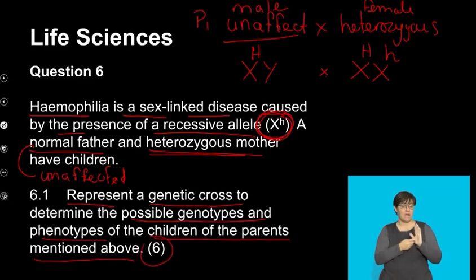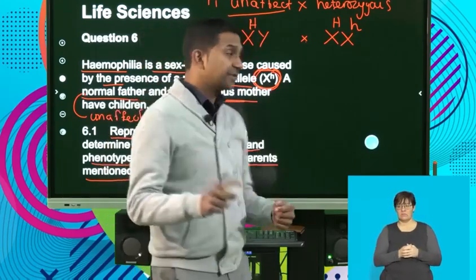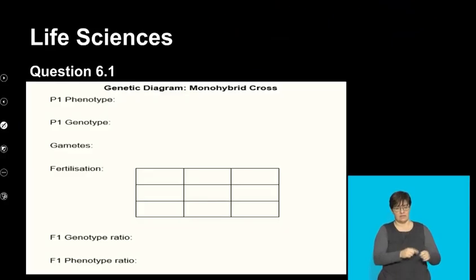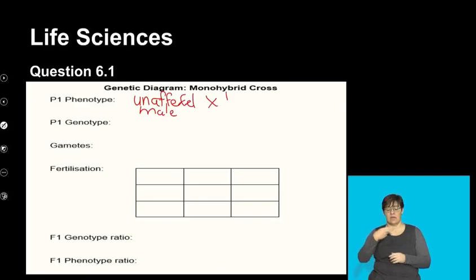And that's a 6-mark question. Guys, again, this is a genetic cross using a genetic diagram. Let's refer back to our template and let's try and unpack that. So again, I'm going to very quickly illustrate that. Again, we had the phenotype of the parent, so it was an unaffected male. And it's important that I indicate the gender as well. Crossed with a